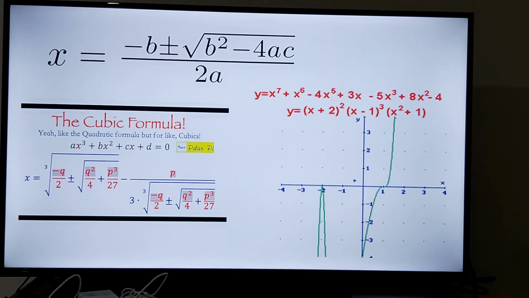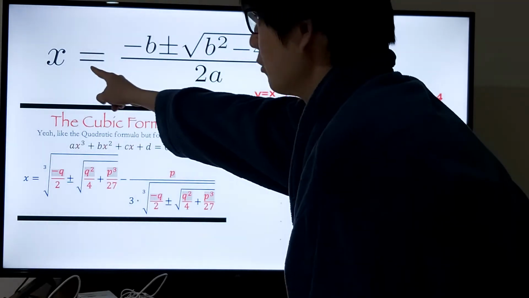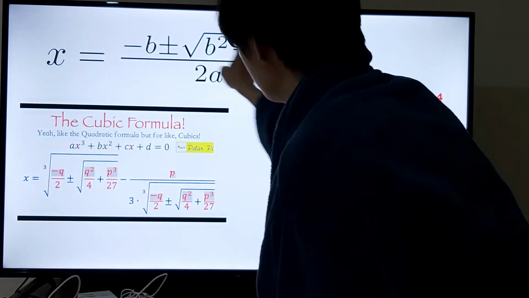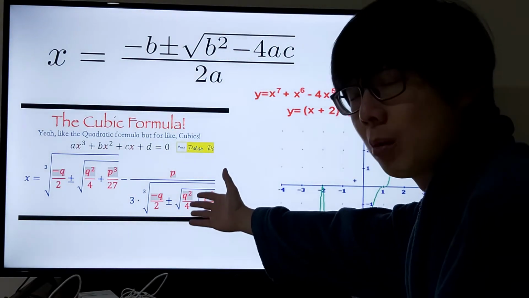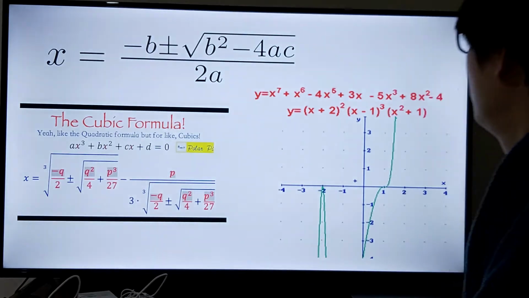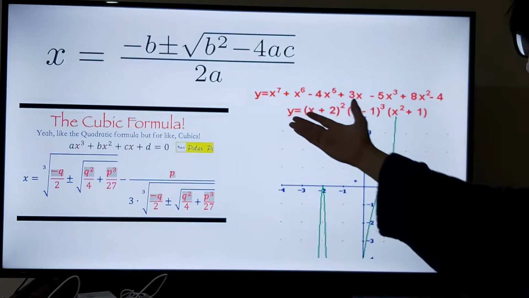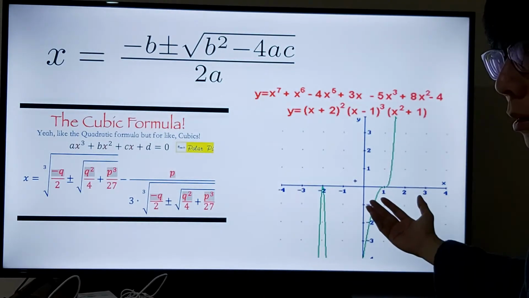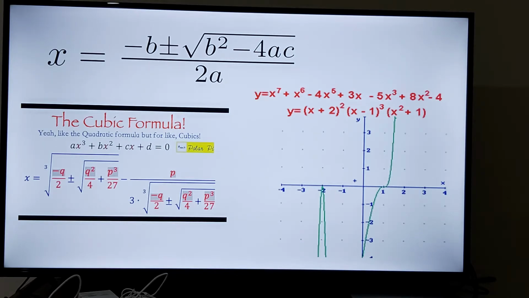We know the formula for some polynomials, for example, the quadratic equation. This is the formula to solve for the root, so when x is this, y will be 0. The cubic would be much more complicated, which is not in our syllabus. Let's say you're given a polynomial like this and asked to find the root. There's no formula. So Newton came up with a very good way to solve for x, but his method